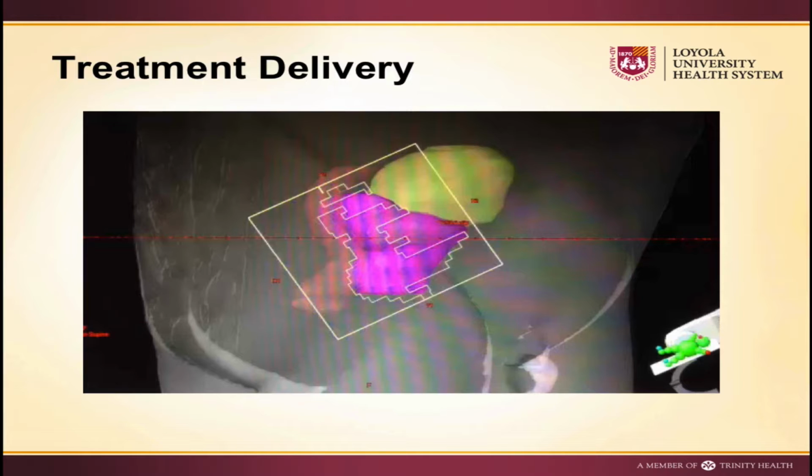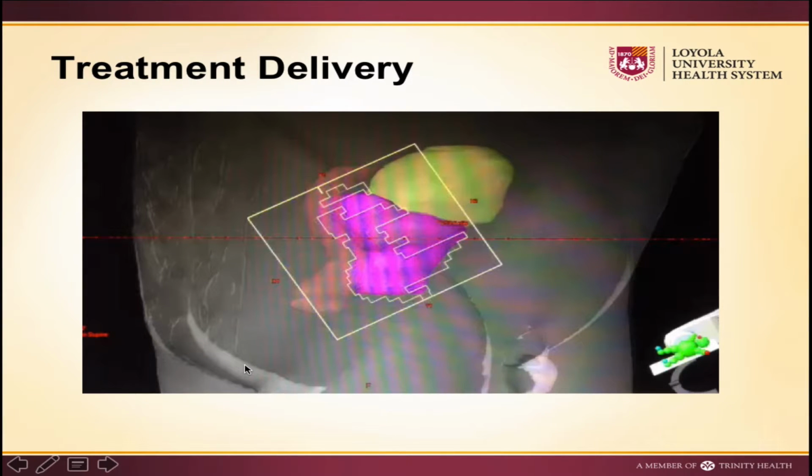And all of these are called leaves. This is the beam being shaped and customized for that patient. So we're kind of looking at this video through the eyes of the machine. And of course, the video didn't come over with it. So what the video shows is essentially as the treatment head is rotating around the patient,